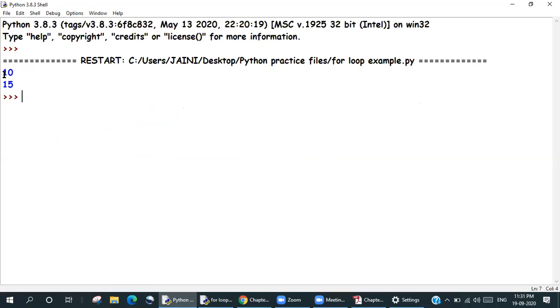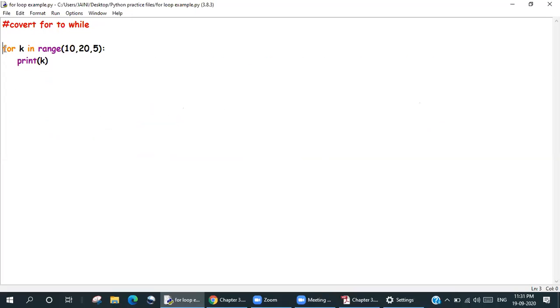All right. Now we need to convert this into a while loop. How do we convert this into a while loop? Number one, we need a variable and it needs to be initialized. We need to give some value to it. So we give the value 10 because we want to start from 10. Then we write the while loop and we have to have a condition.